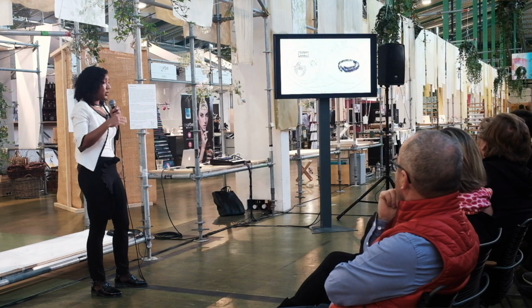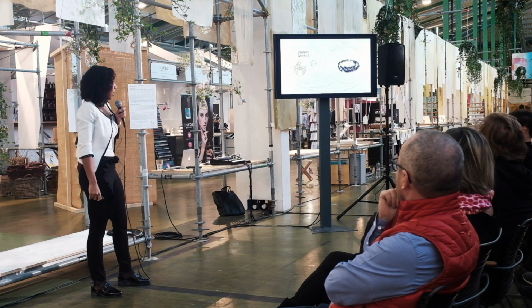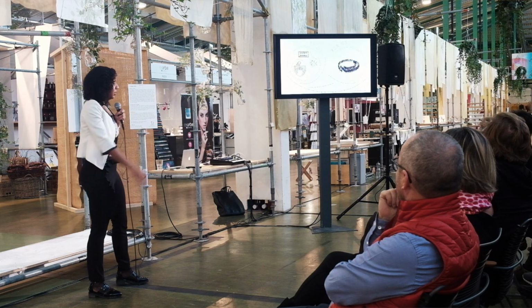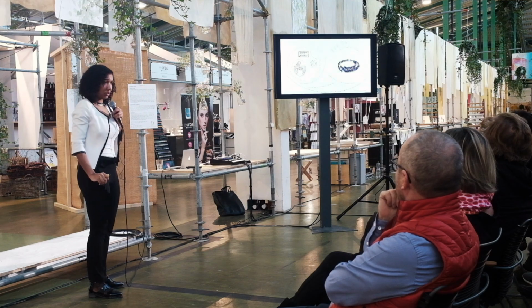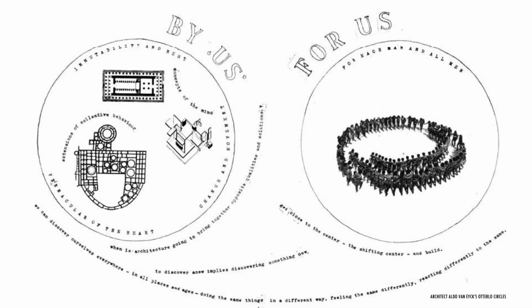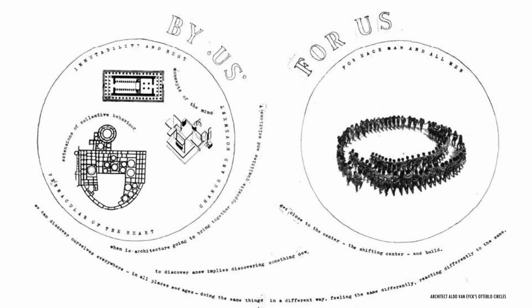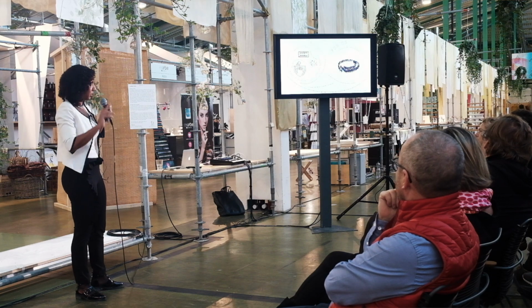And this brings me to my second and last architect, which is Aldo van Eyck. And he spoke about the Otterlo circles. These are these two interesting circles here. And this comes out of a principle of how to design positive buildings or good design. So in the first circle, by us, which means by us architects, technically,